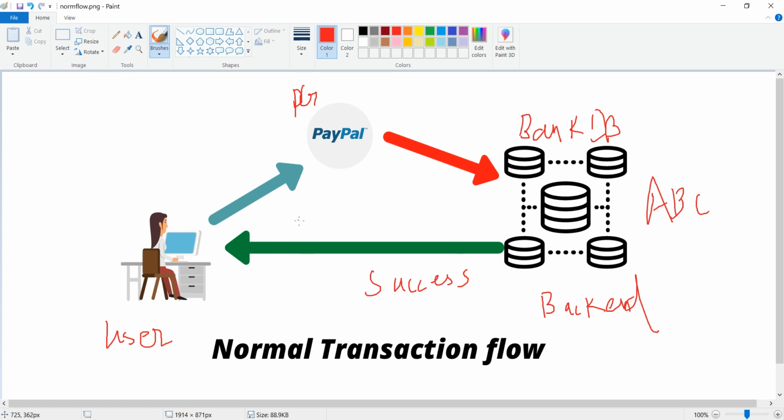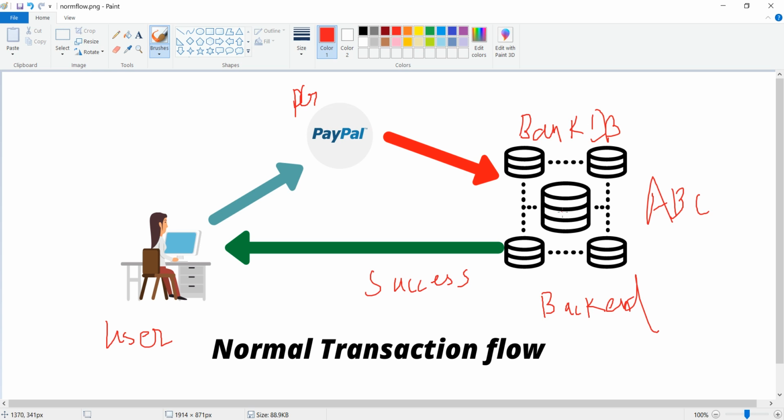Now in the real world or in the testing environment, there are other entities involved. To boil it down to a simpler explanation, I have considered just three entities: the user, payment gateway, and the bank database. Whenever you do a successful transaction, you get the response back from the bank database, and that marks the end of the normal transaction. Now, not every time does the transaction work in that way, because the DBMS is distributed.